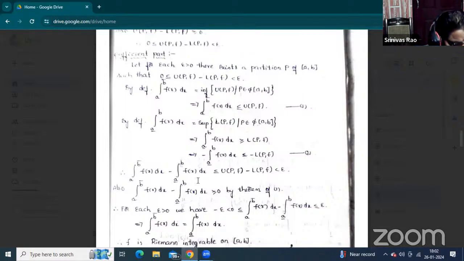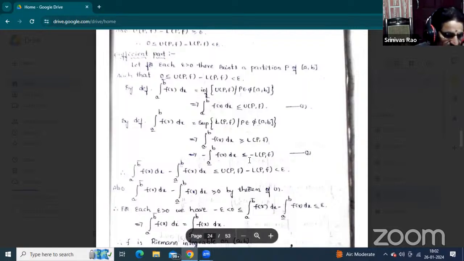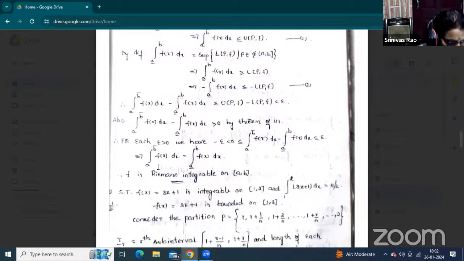So that's why the upper Riemann integral minus the lower Riemann integral is greater than or equal to 0. That's why the upper Riemann integral equals the lower Riemann integral. Here LRI means the lower Riemann integral and URI means the upper Riemann integral. Both values must be equal, given the function is Riemann integrable. That is, f belongs to R of [a, b].